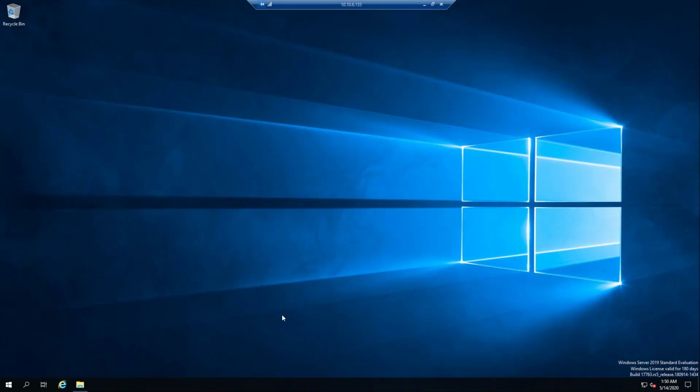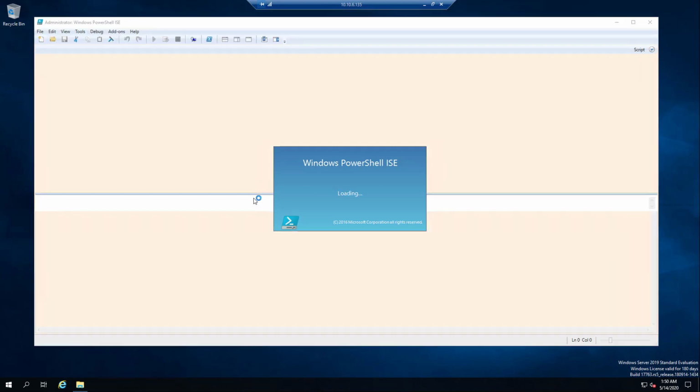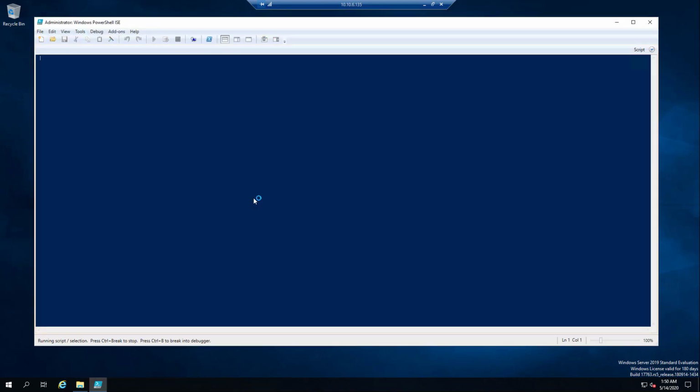Before configuring the backup, we have to install the Windows Server Backup feature. So let's open Windows PowerShell. Click Start and then Windows PowerShell. We can see the Windows PowerShell.